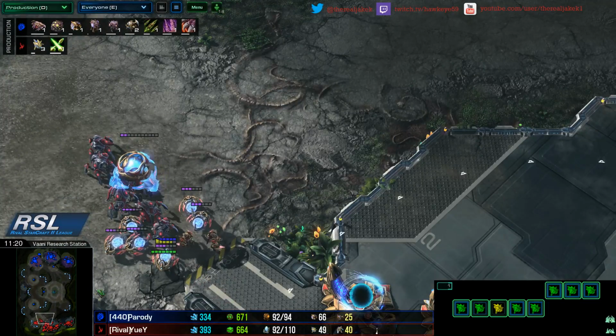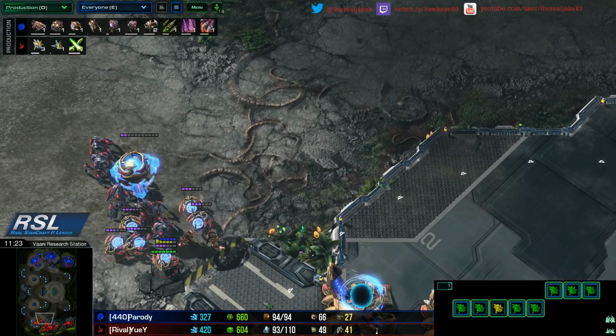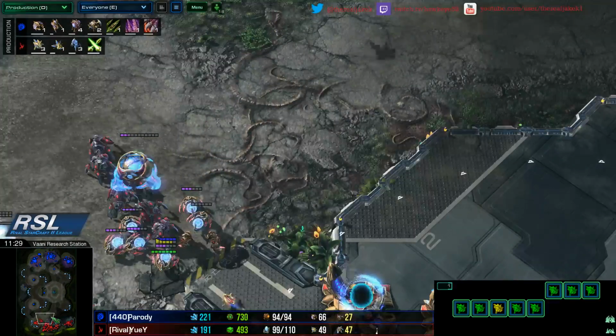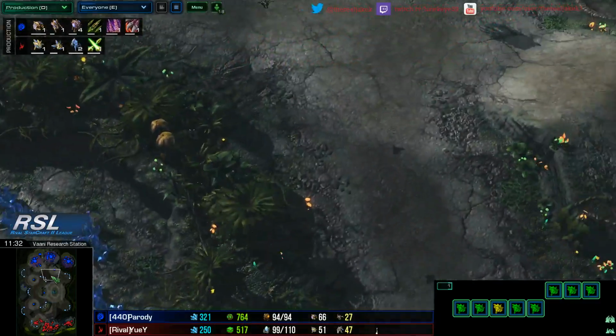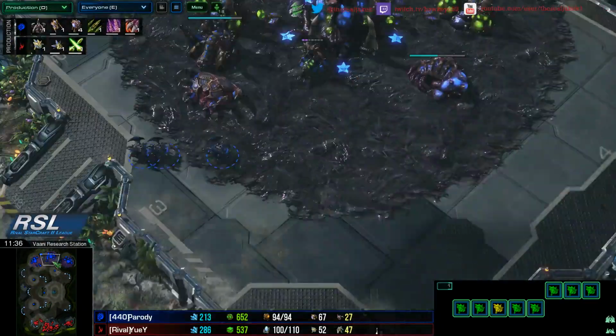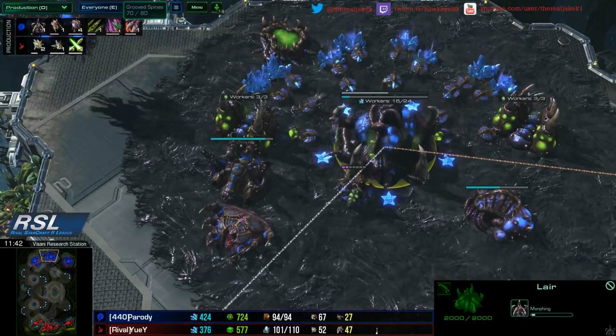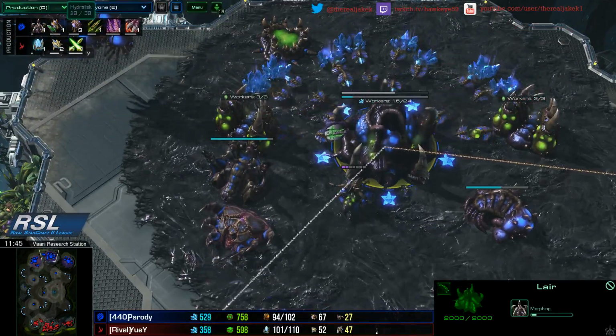We see that this worker count is 66 to 49 with if it works. 6 workers killed, so kind of preventing more macro from happening. We do see the infestation pit's gone down, and he's going to go to a quick hive. So what he's actually going to do is he's going to be able to get a